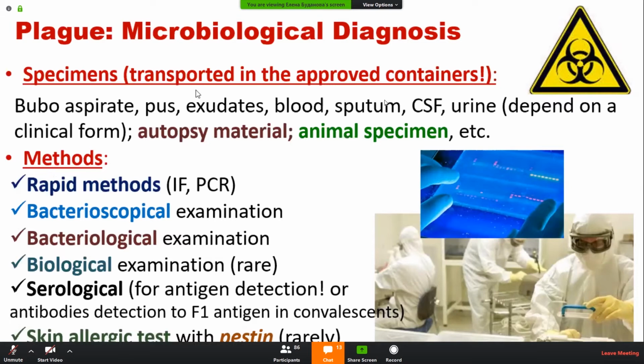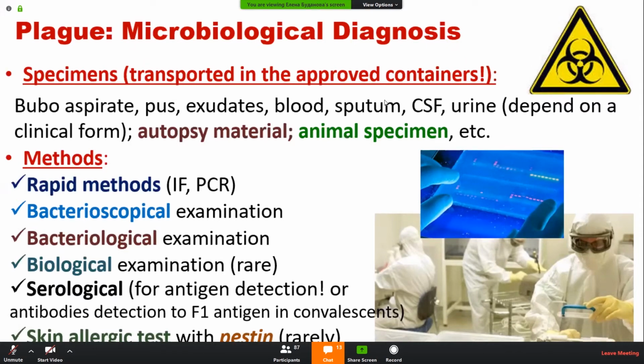Specimens that must be transported in approved containers include aspirates of buboes, lymph nodes, pus, exudate, blood, sputum, cerebrospinal fluid, urine, depending on the clinical picture, autopsy material in fatal cases, and animal specimens, because bacterium is shed from animals, and animal samples must be examined as well,